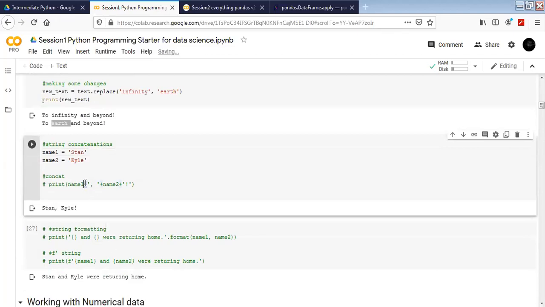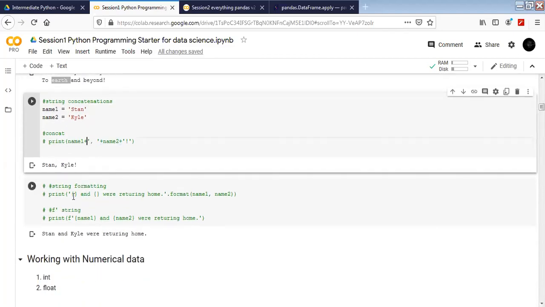Plus works differently for strings, differently for integers, and differently for lists. So it's a different methodology for every kind of data type that we are using. For strings, it just adds the new string just behind it. And what about the formatting?